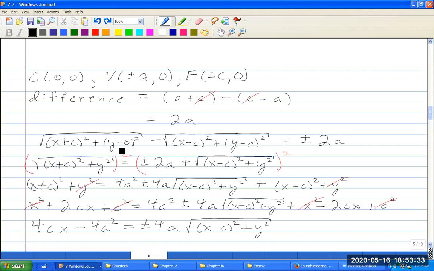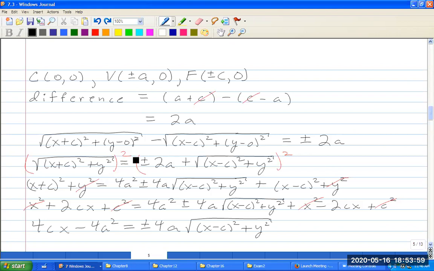It's a radical equation, just like what we had before. So let's bring this term to the other side of my equation. I have the square root of (x plus c) squared plus y squared is equal to plus or minus 2a plus the square root of (x minus c) squared plus y squared. So squaring both sides of my equation,